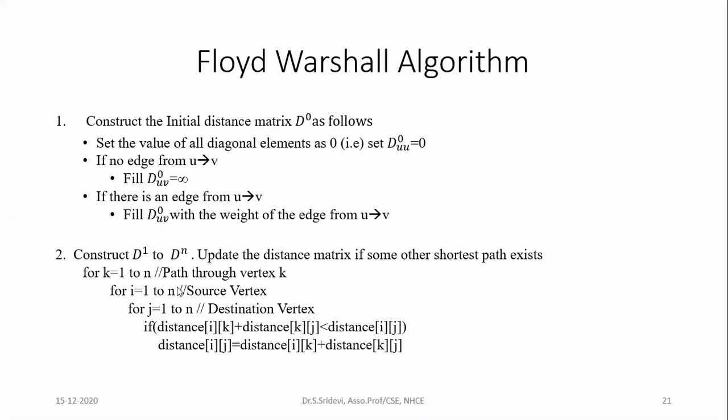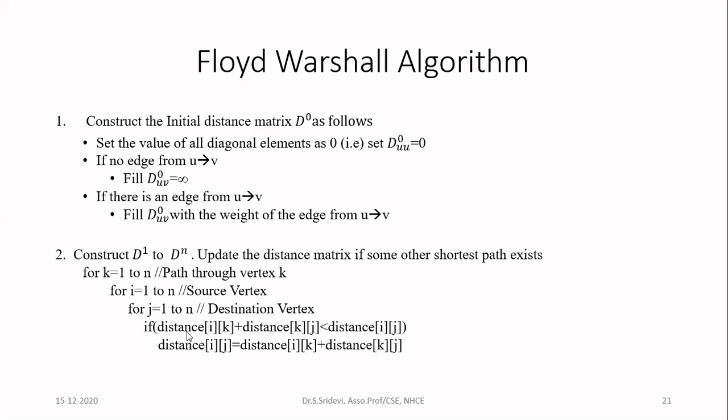Now, what are you going to do inside these for loops? In every matrix, I'm going to update the distance. When I update the distances, I'm going to consider the element present in the ith row and jth column, that is the distance of ij. Already there are some distances existing. I'm going to compare this distance with the distance which can be obtained by the addition of the vertex k, because the outer for loop is for k. That node only you are going to include now.